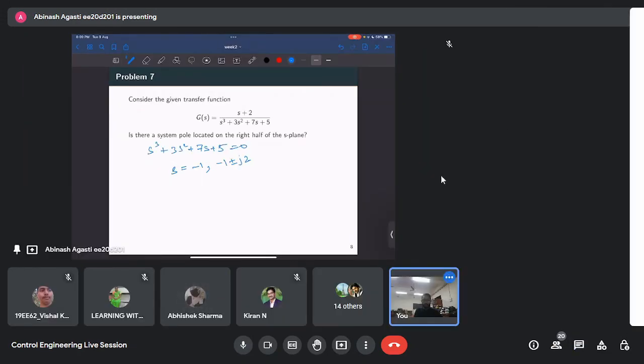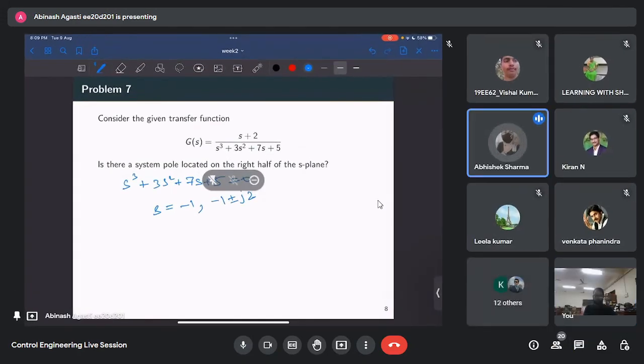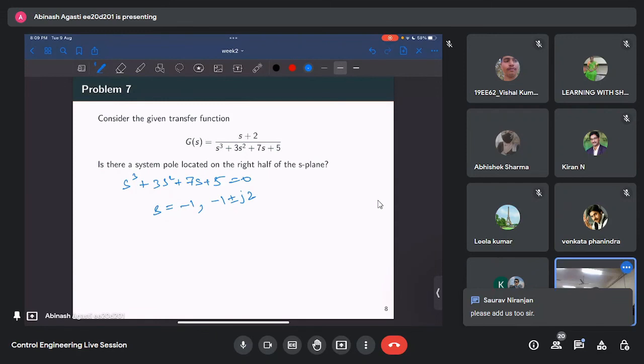Yeah. One question, sir. What does transportation lag mean? Transportation lag, I think it is something of this form only. e to the power, like whenever I have f of t. So what is the meaning of this? The physical meaning is, in the sense, whenever many times what happens is